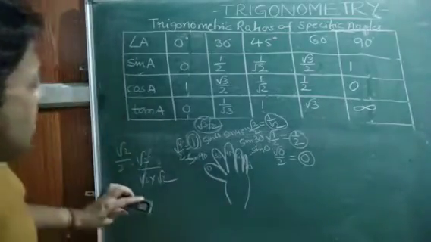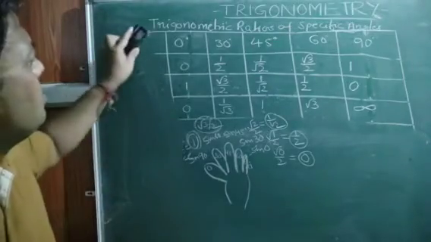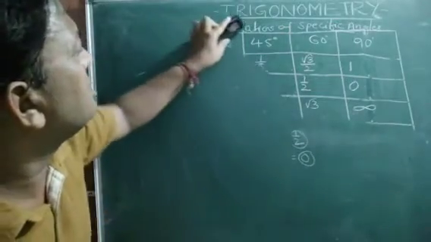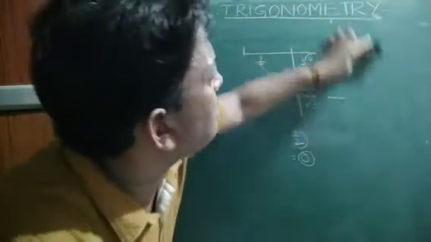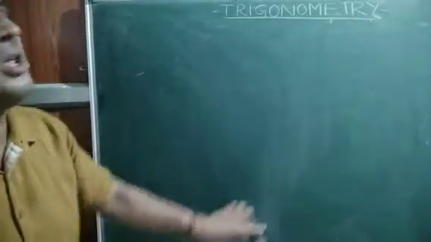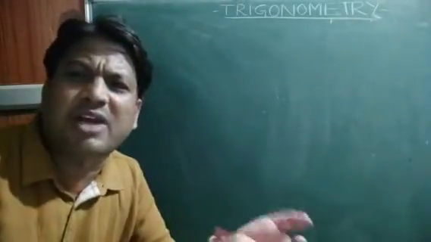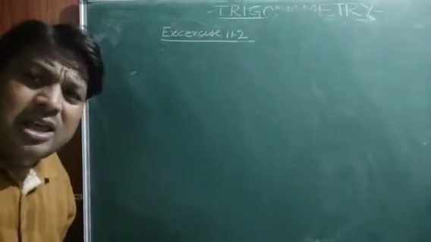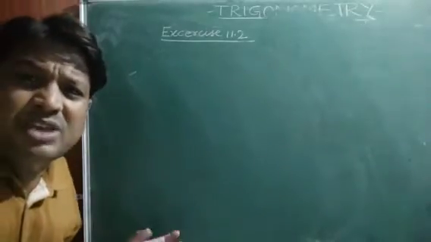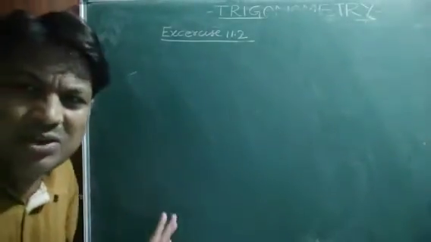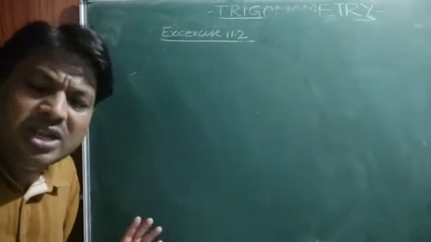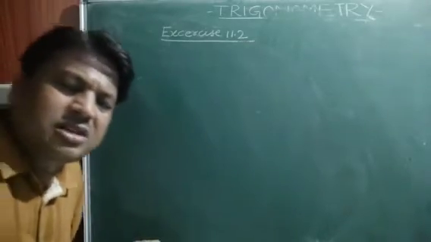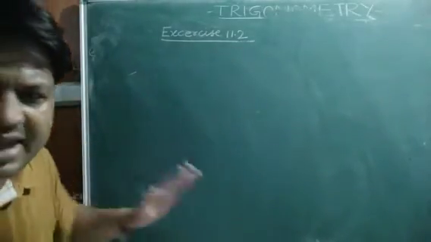I hope you will learn the values by heart and see the memory tip also, so that we can solve the coming exercise problems. This is very easy children. This is the easiest exercise, because if you remember the values, you just have to put the values, multiply, divide, add, subtract, and you will get the answer children. Okay children. In the trigonometric ratios of specific values, we have discussed all six trigonometric ratios in terms of 0 degree, 30 degree, 45 degree, 60 degree and 90 degree, and we studied their specific values.